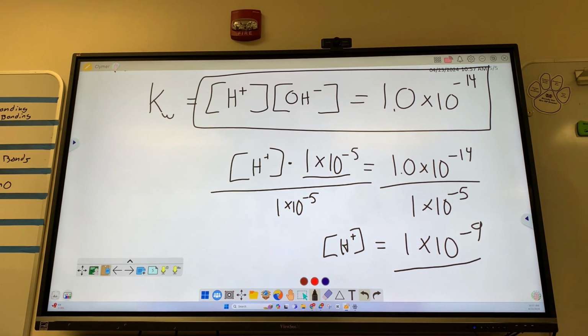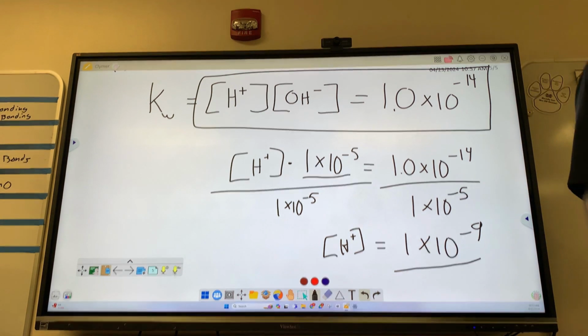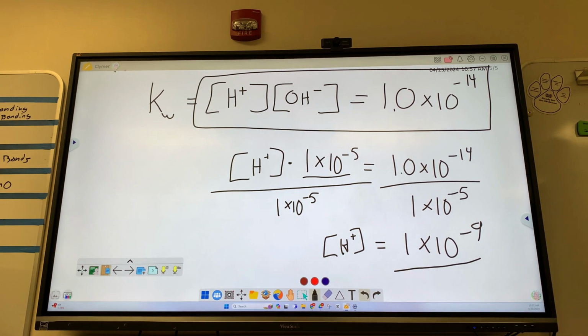I'll leave you to solve those next three for homework. Tomorrow we'll get into actual pH. We'll hit the log button on your calculator. For those of you that have never done so, it'll be a little bit enlightening. For everybody else, get into your quiz spots. You're going to need a calculator and a